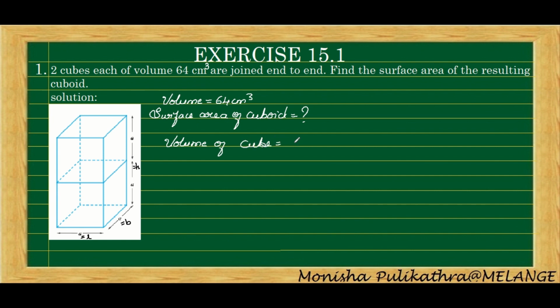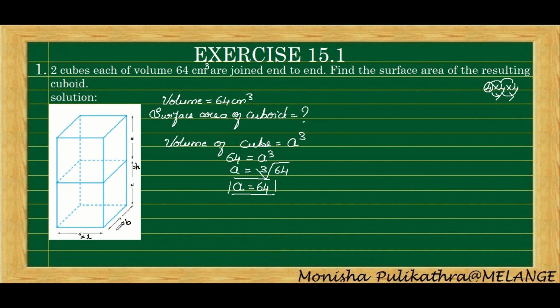So volume of cube is equal to the formula A cube. The volume given as 64 centimeter cube is equal to A cube. So A is equal to the cube root of 64. Cube root of 64 means, which number multiplied thrice gives this value? 4, 4, 4. 4 4s are 16, 16 4s are 64. So that number is 4. So 4 is the cube root of 64. So A is equal to 4.